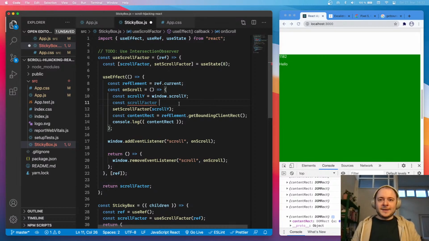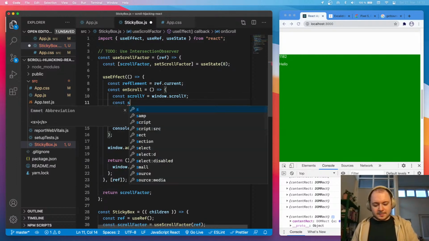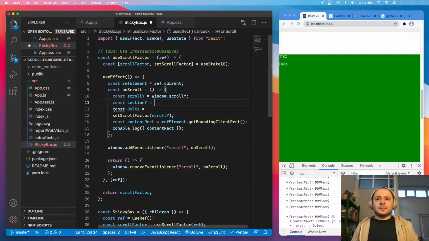So, const scrollFactor equals... what does it actually equal? So, I would say, let's maybe try to split this up a bit. Let's say const delta for now equals... let's say const sectionY equals